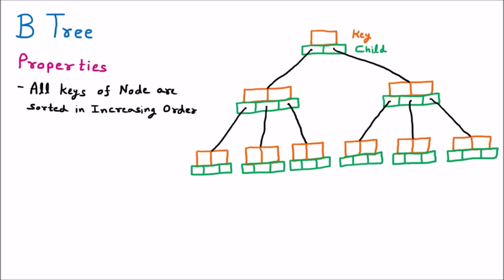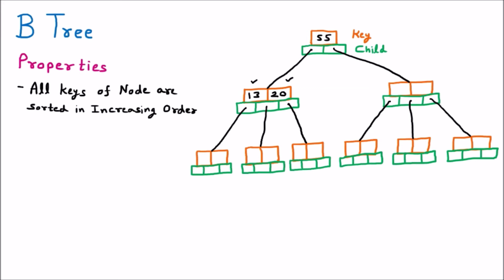To learn the first property which is taken from the MWay search tree, first of all we are going to put some keys there. Now let us suppose that on the top we have 55. As the B tree is the extension of MWay search tree, on the left hand side all the values which will come will be less than the specific value. So let us assume that here we have the values like 13 and 20. Now these two values are in the ascending order. You can see that 13 and 20 are in the ascending order and they are less than 55. So the first rule is followed here.